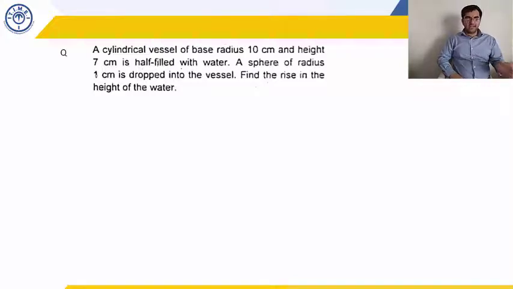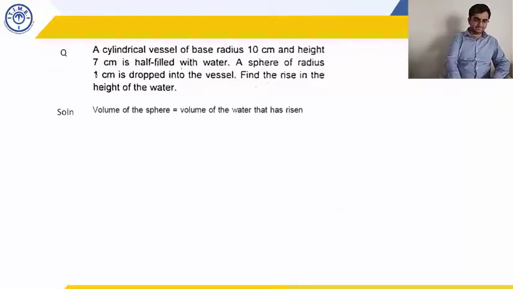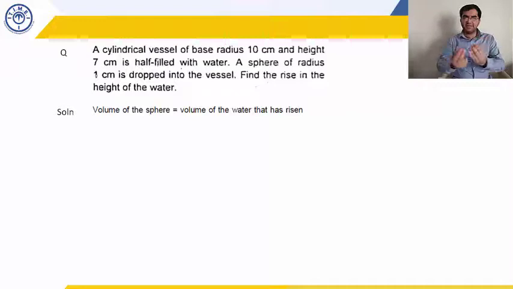Whatever glass you have, when you pour water in it, it takes the shape of the glass. If the glass is one of those wine kind of glasses, it takes that shape. If it is a beer glass, it takes that shape. So when you put it into a cylindrical vessel, then the rise in the water level will be the shape of the cylinder. So the volume of that cylinder will be equal to the volume of the sphere. That's all. Volume of the sphere is equal to the volume of the new cylinder that has formed.